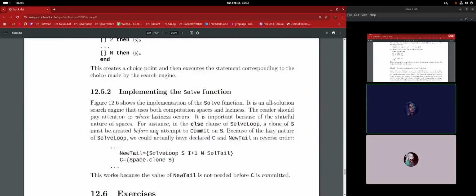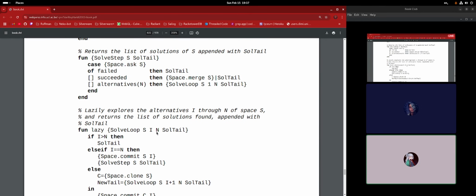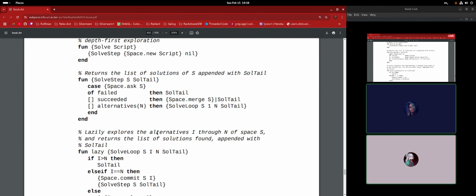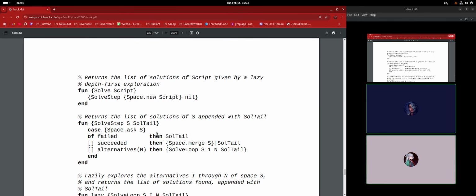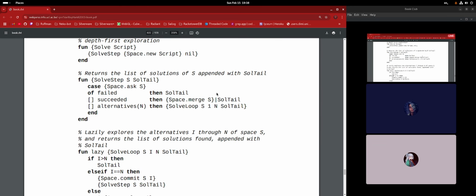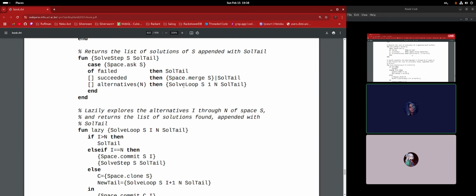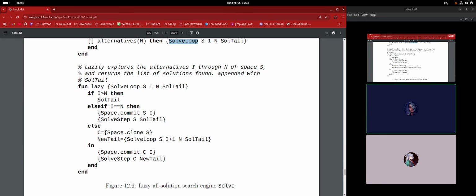Where is the code? It's on the next page after the exercises. We have the beginning of the code. This code is really interesting. I was looking at this earlier today. This is where the case is happening: the failed, succeeded, alternatives, and it goes potentially to a loop or a merge. So if it goes to loop, which is a lazy function,